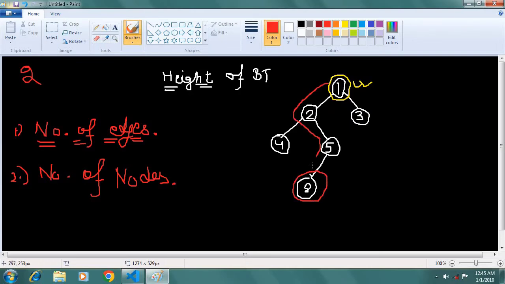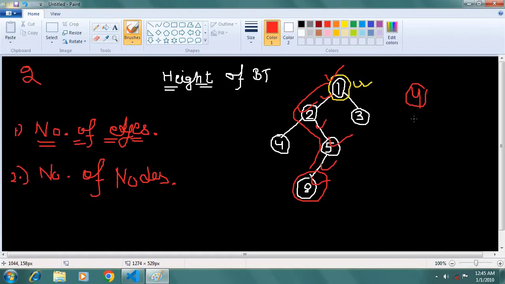First of all, in the first case I have taken the edges. Edges are these 1, 2 and 3 edges. But if I am talking about the second case, I will be taking the number of nodes. So this 1 node, this 2 node, this 3 and this 4. So in this case the height is increased by 1 only. This is the only difference. You can watch more videos on YouTube. They have only explained one case, but in this video tutorial I will explain both cases.